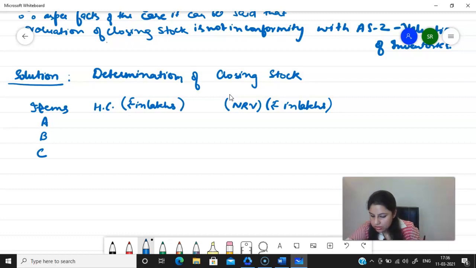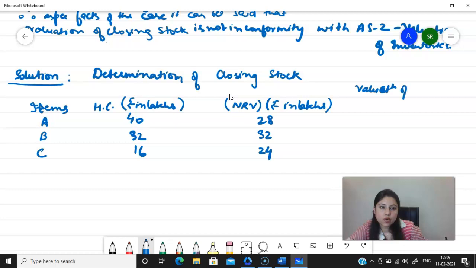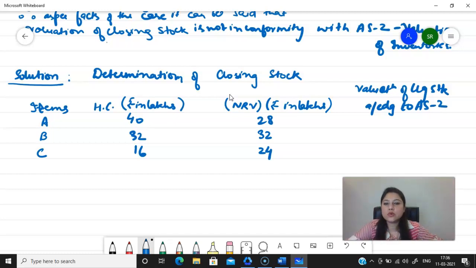So the historical cost for A is 40, for B it is 32 and for C it is 16. Then for NRV, A is 28, then B is 32 and for C it is 24. So now, valuation of closing stock as per AS 2. Before drafting this particular table, you can mention the provision above